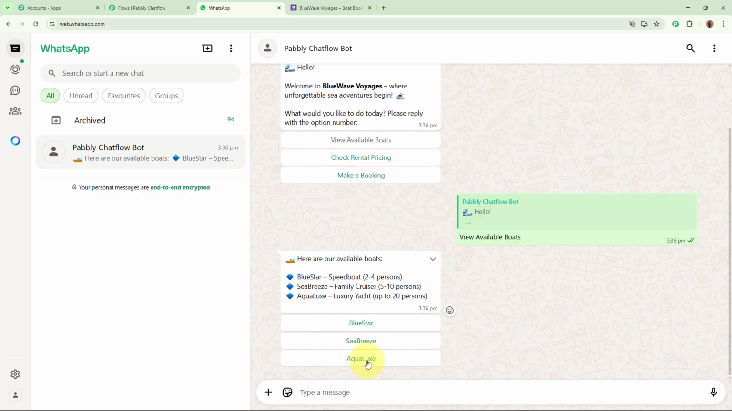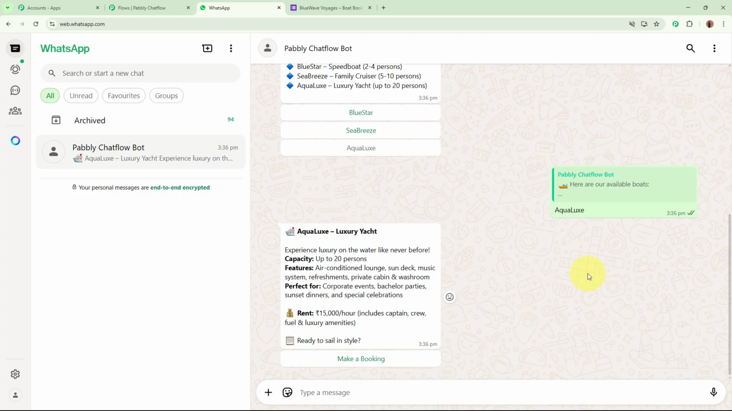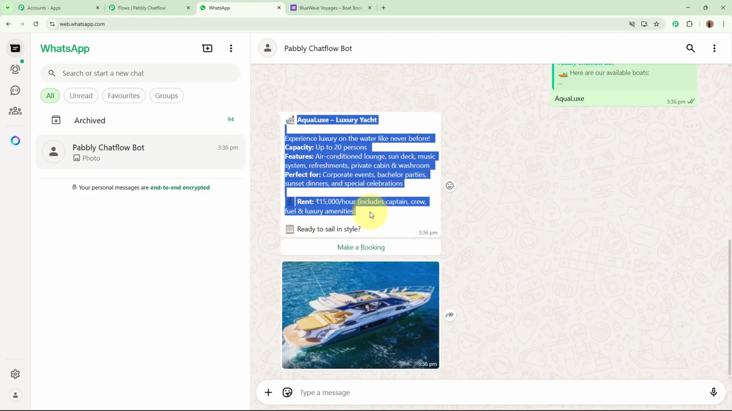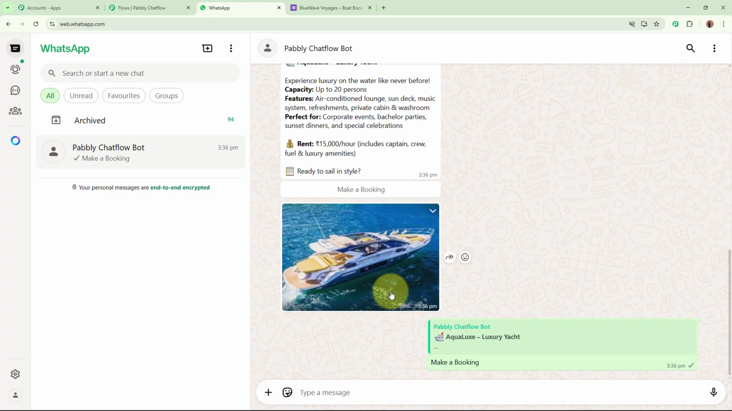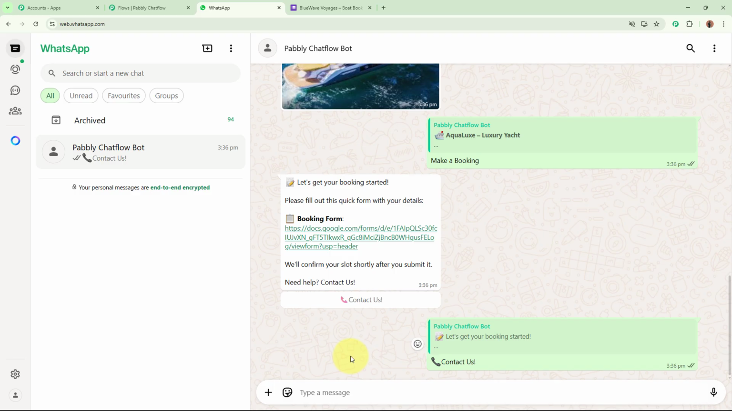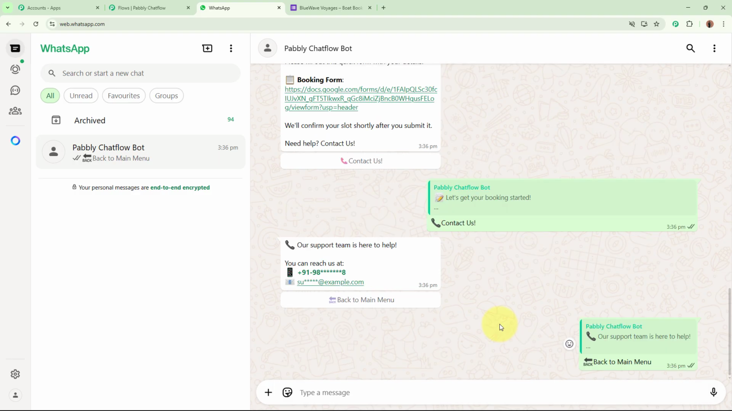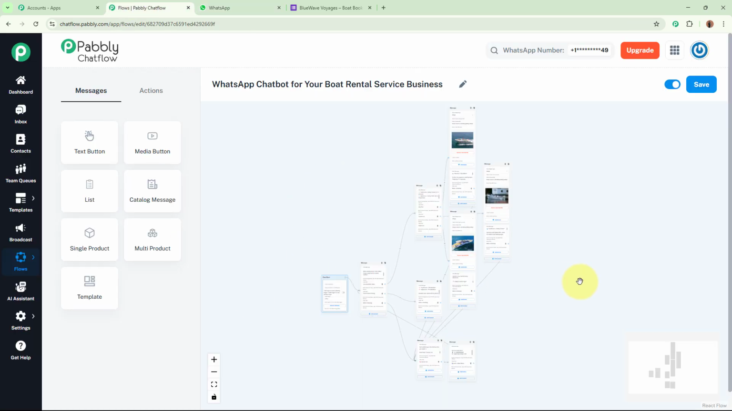I want to see the aqualog, so I'm going to select this button, and you can see this bot is going to send me the message of the description of what type of boat it is, with that an image of that boat as well. And you can see in this manner this bot is going to automatically reply to all my messages right over here. Okay, so as this bot is auto replying, this means this bot that we have created is now successfully working using Pabbly Chatflow. And that's how you can create a smart interactive WhatsApp chatbot for your boat rental business